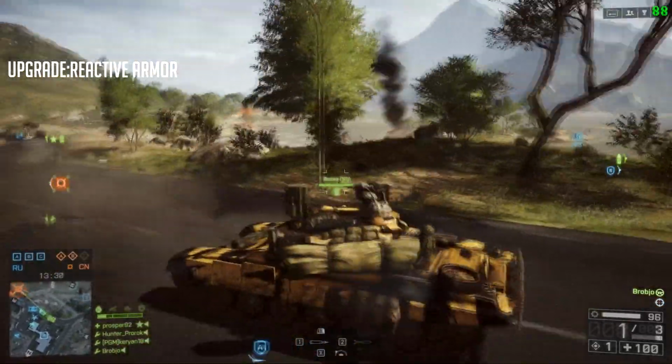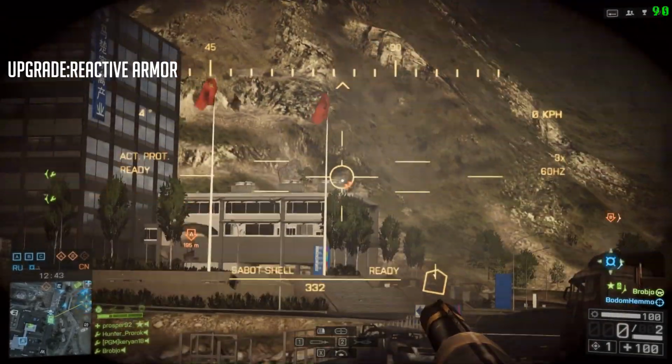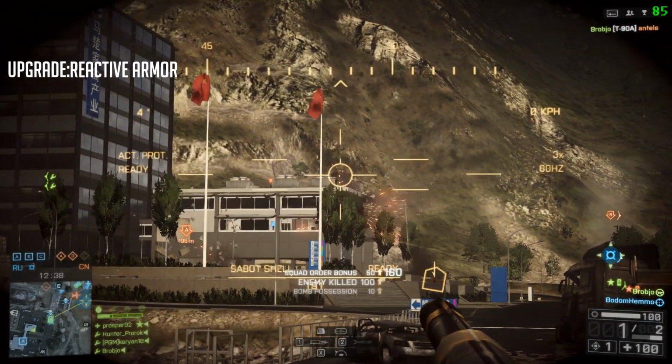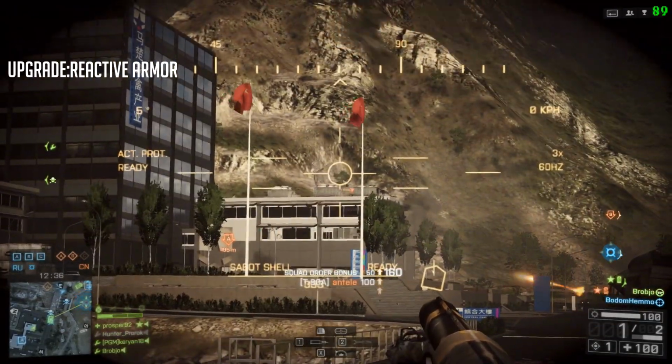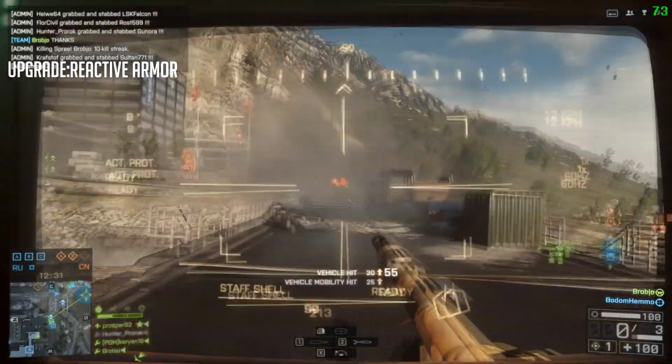What reactive armor does is that it makes the hostile projectile detonate prematurely, and it makes it detonate away from the primary armor of the vehicle. And the primary armor will now not be getting the full impact of the projectile. It will still do damage, but not as much, and it makes the impact have to hit harder to count